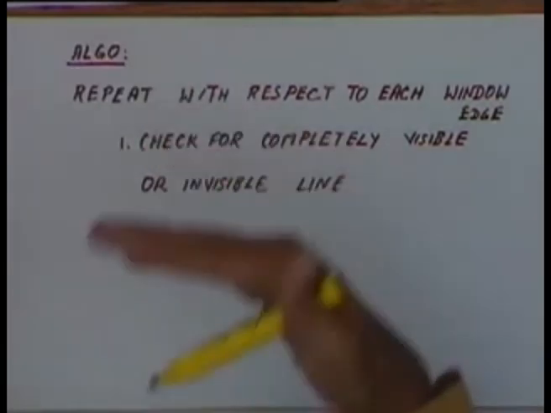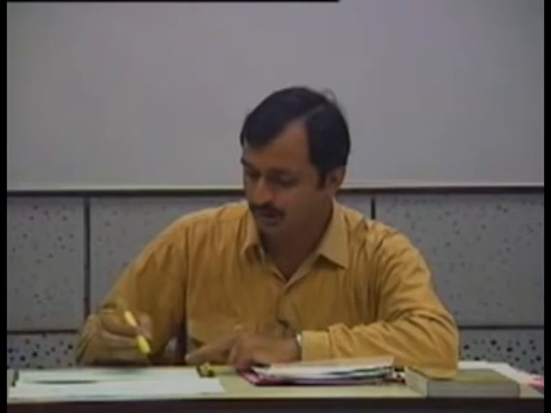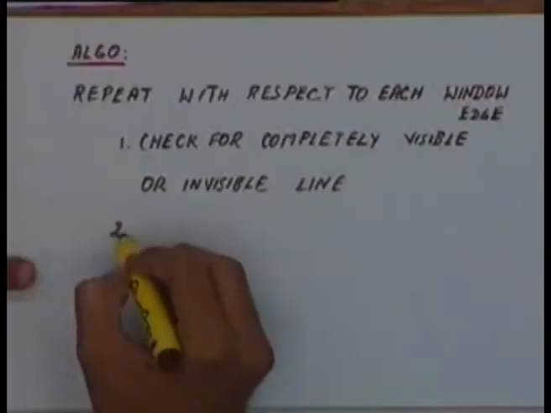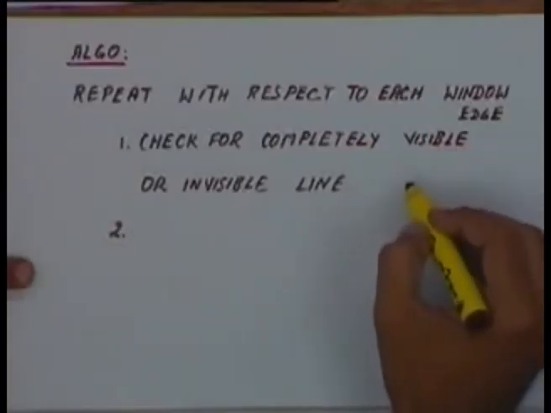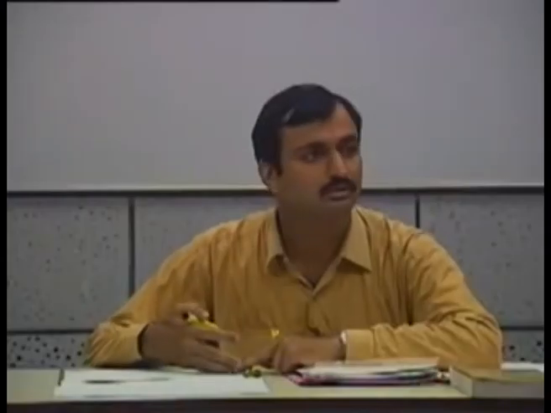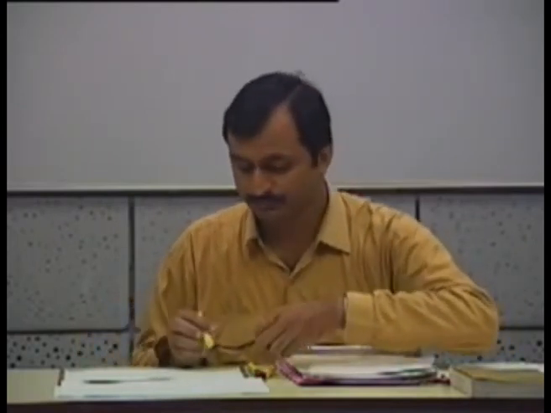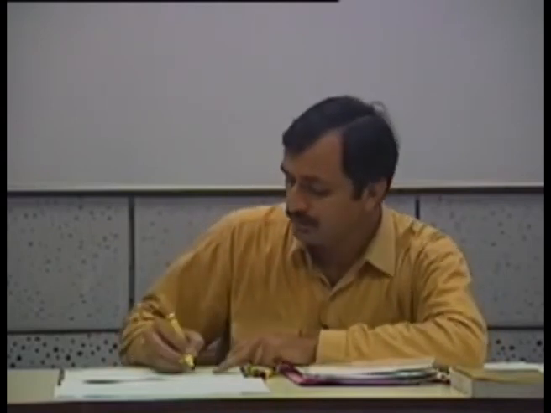That means both the points are on the correct side or both the points are on the wrong side. If either of the two conditions is satisfied, then we can take action accordingly, complete, and come out of the algorithm. Otherwise, what we will do is